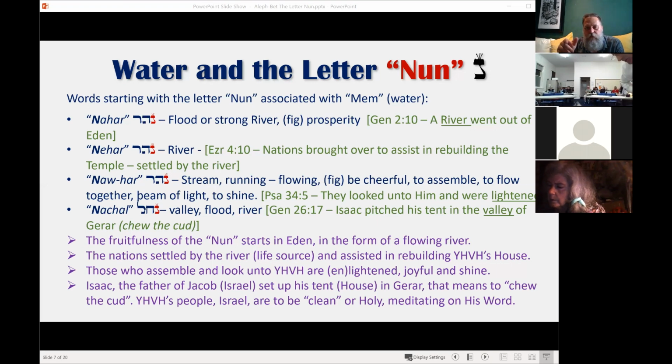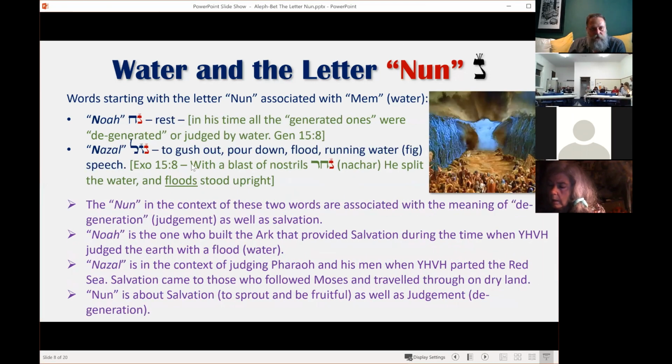It's the process of becoming born again that's linked to judgment, which we saw in the two words in this slide, which are the two processes of Noah and Nazal, which is the two judgments, which is connected to salvation as well. And that's Dan. So you will be saved with the large Nun in the time of judgment, which is Dan. And then enter through the door, which is the Dalet, if you have the large Nun, or completed the process of Tanin in your life, facing Leviathan, being born again.